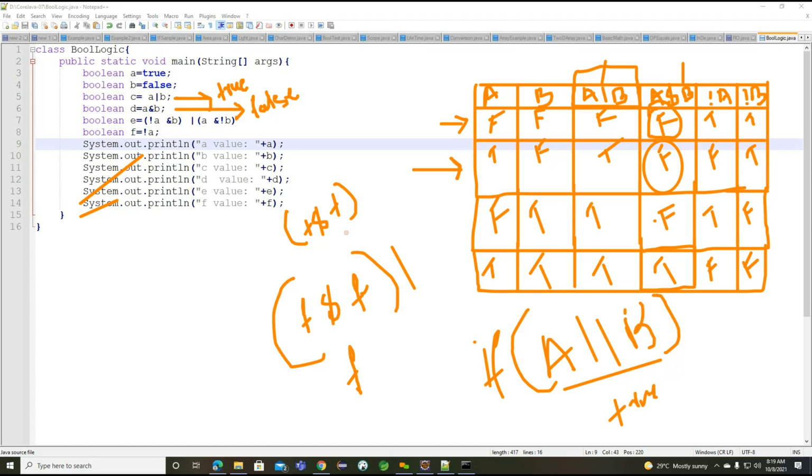Now you can see this entire expression will become true. So first one false, or true. Now what we need to understand here, false or true. Now you can see false, true.